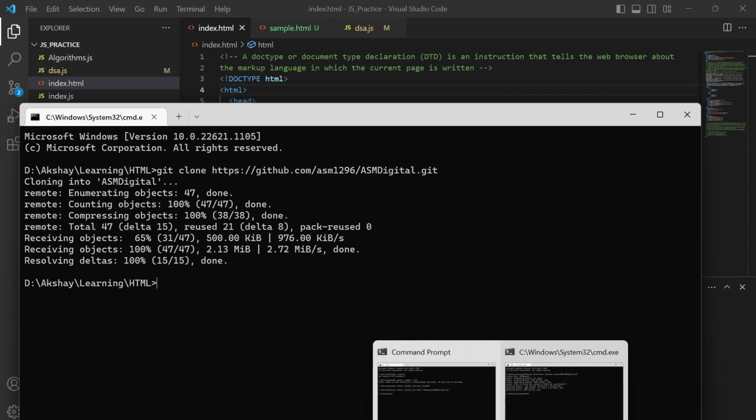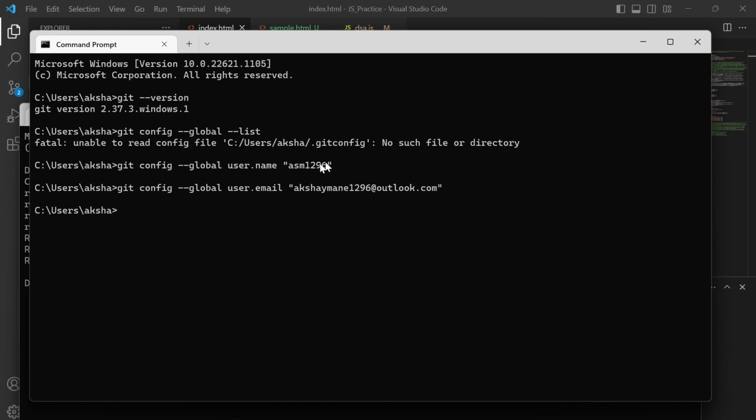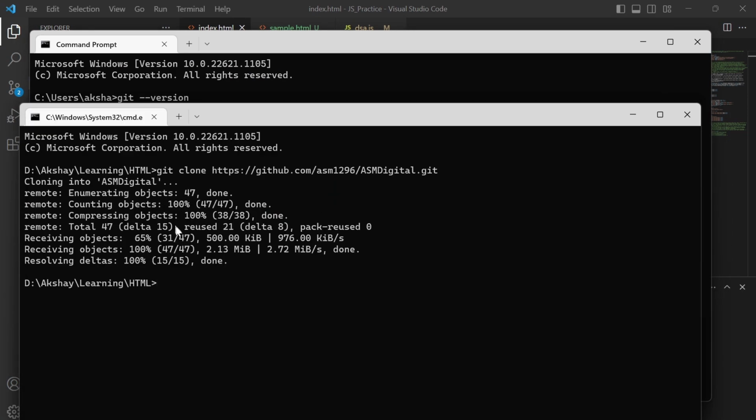Okay, if you remember, I put name and email ID, but I didn't put password. So whenever you are going to clone it for the first time, they will ask for a password. You just need to put the same password which you put at the time of creation of the account. So please make sure that you create a strong password which you can also remember. Strong plus remember. You need to create a password that you can provide here while cloning.